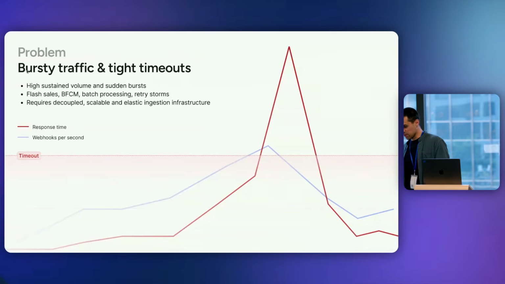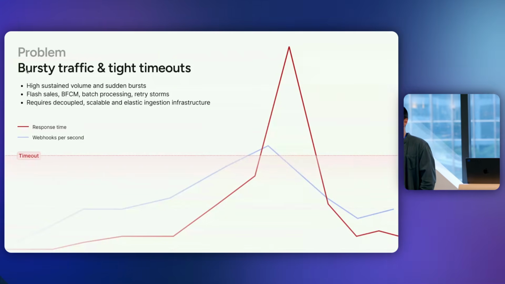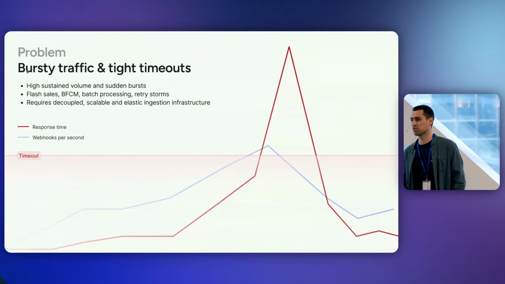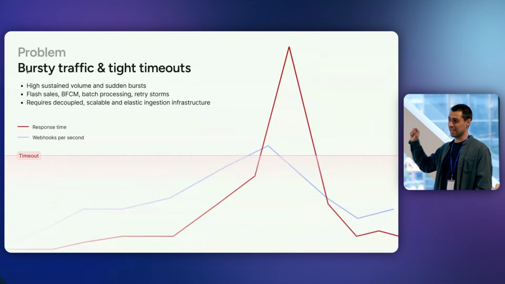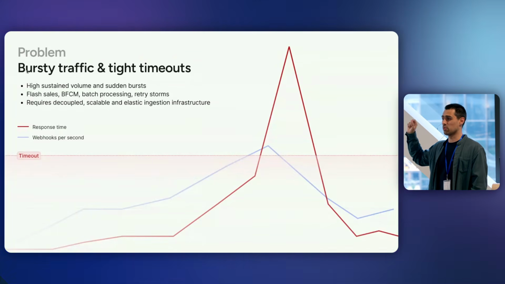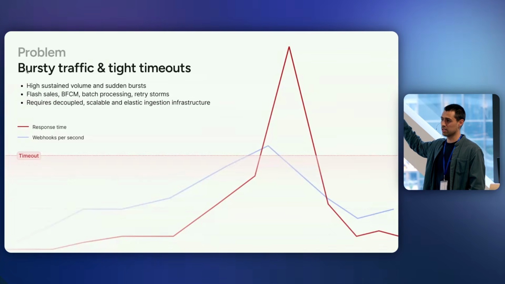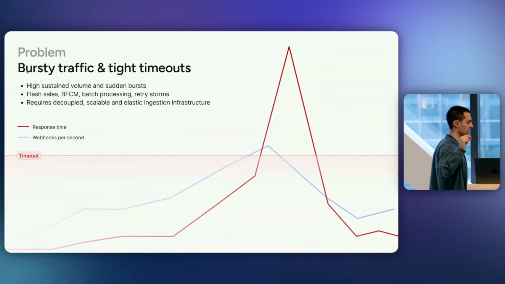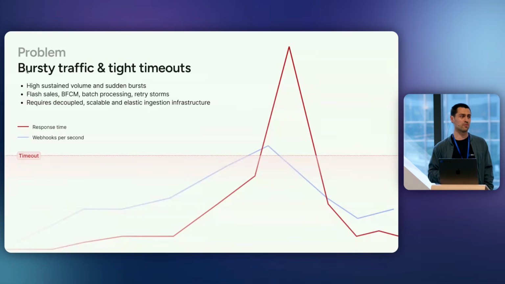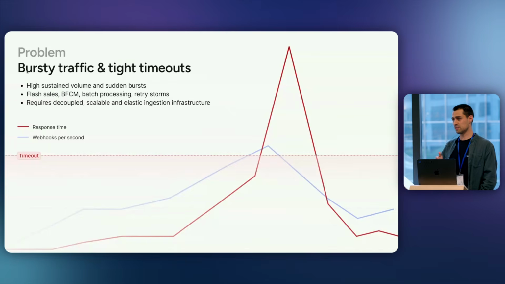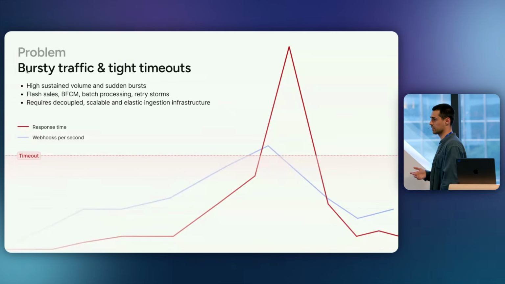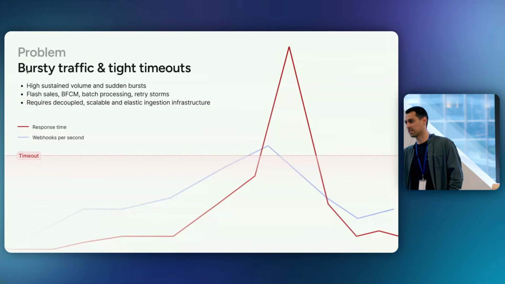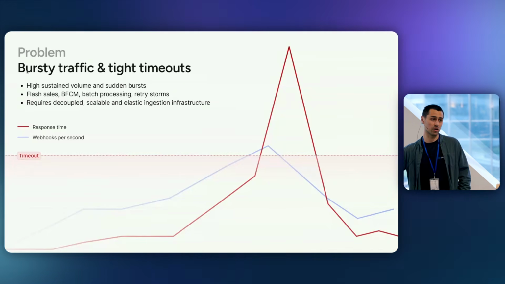One thing that you'll notice also is that the way that capacity and timeout relate to each other is not linear. And so that means if you go even slightly over your capacity, your response time is going to skyrocket, right? And that compounds with retries and exponential backoff retries. Because the other thing that you'll see is, for instance, if you fail, Stripe is going to retry 30 seconds later. Well, now guess what? In 30 seconds, you're getting the retry and any new webhook that you were also supposed to get, right? And so that problem compounds.